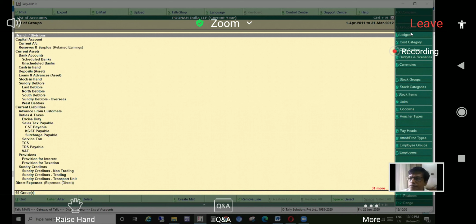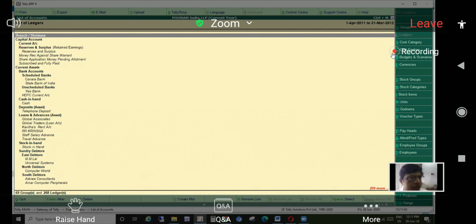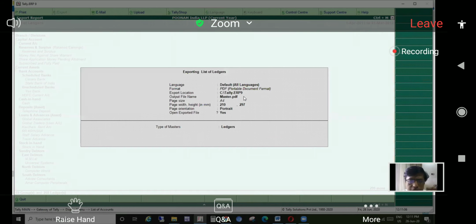And the ledger view. Okay, this is the ledger view. Can we export this in Excel? Yes, we can export it as we normally do, by selecting this Excel spreadsheet, putting the export location where you want to export it, and giving the file.